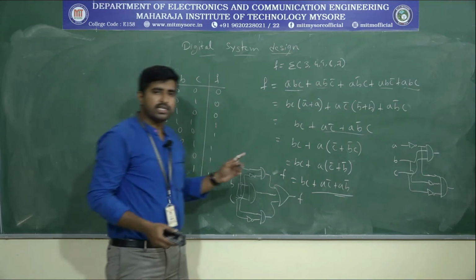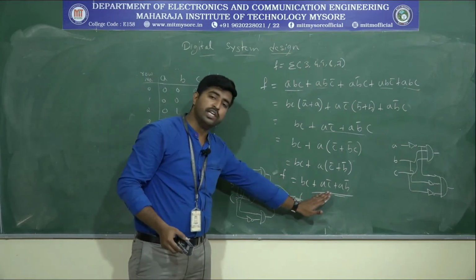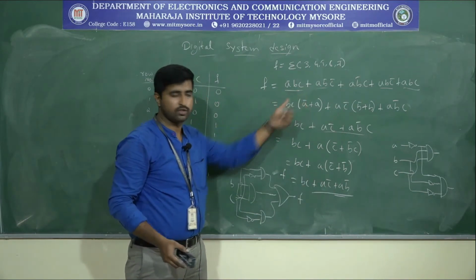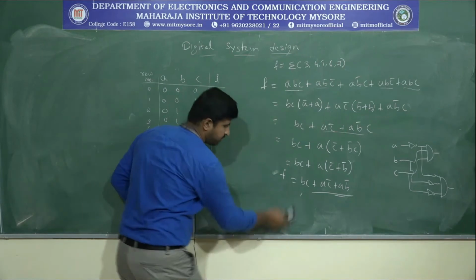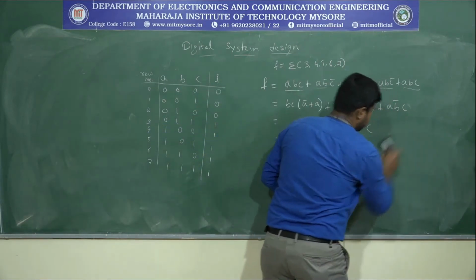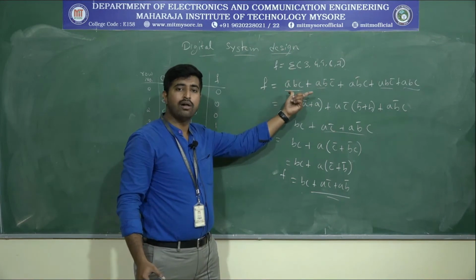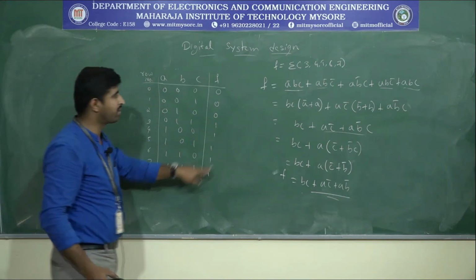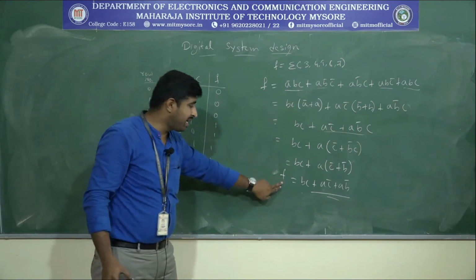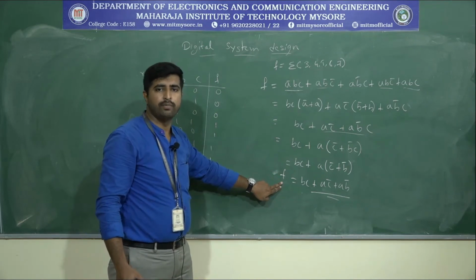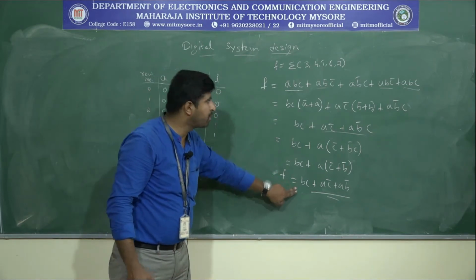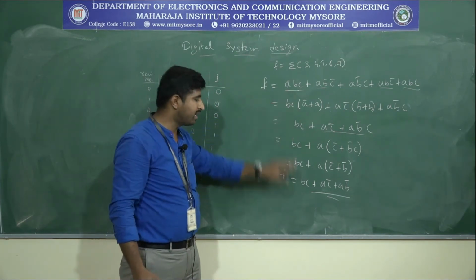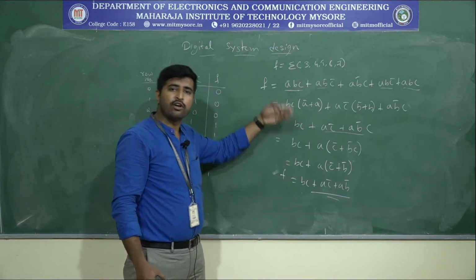And one more thing we need to understand here. When you have a simplified equation, we can even convert this to the equivalent canonical form also. So this is a simplified form. And this is the canonical form, where all the variables are present corresponding to the logical one generation. That is what the canonical equation is. And this is the normal equation, or the normal SOP. Can we convert the normal SOP to the canonical SOP? Yes, we can convert that one. So let's see how to convert the normal SOP equation to the canonical SOP.